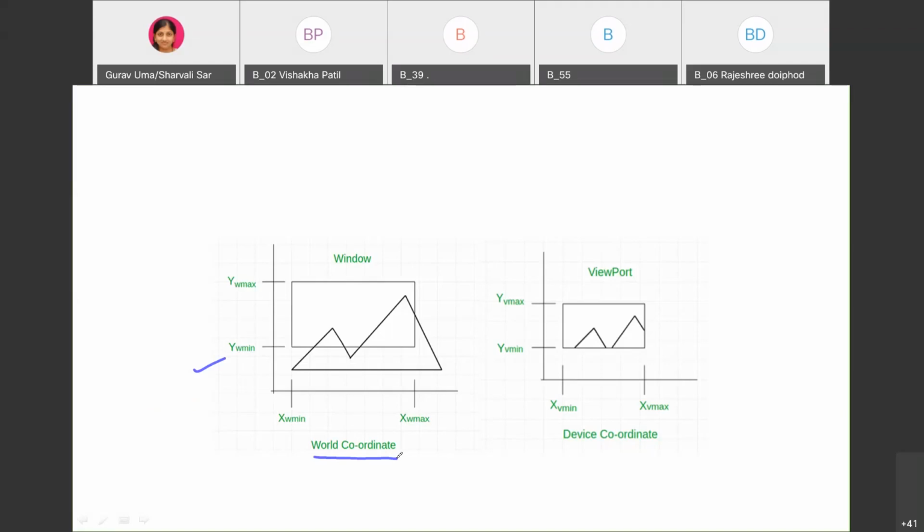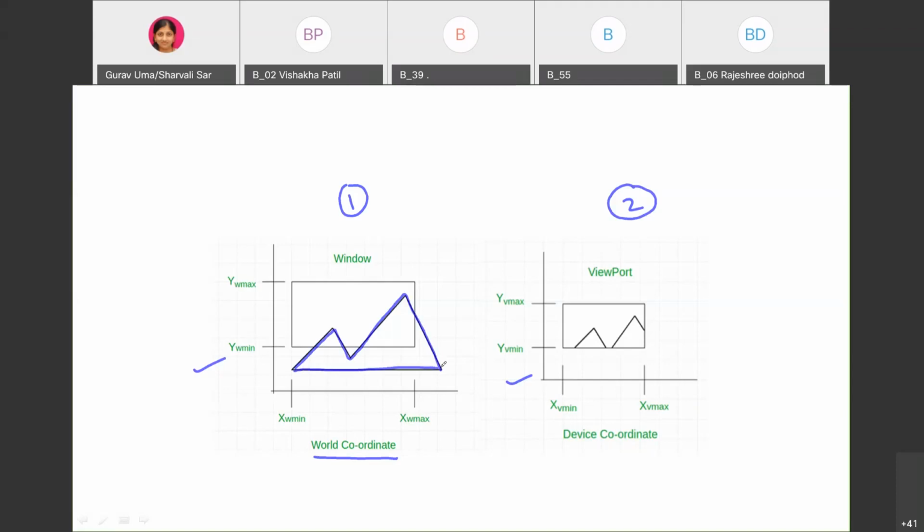Now when we are viewing the object, the only object in the window is what we will be seeing, and that we will consider as a viewport. Now see, here is one object on the left side of the diagram. I will consider this image as 1 and this image as 2. In the first image there is one object. See, this is the object.